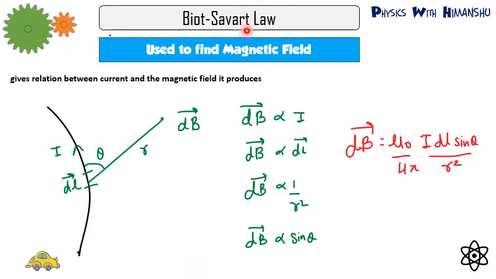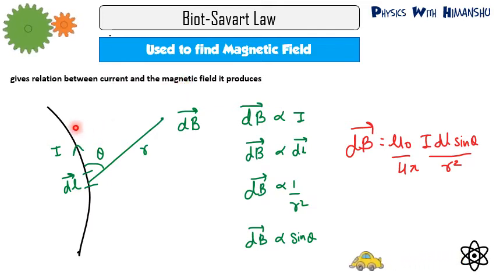So what is Biot-Savart law? It is used to find magnetic field, the most basic thing that is used to find magnetic field. And it gives relation between current and the magnetic field that is being produced by the current. So current produces magnetic field, and today we are going to learn what will be the value of that magnetic